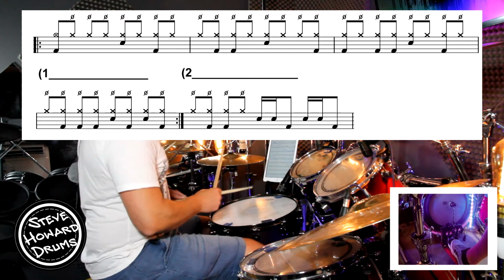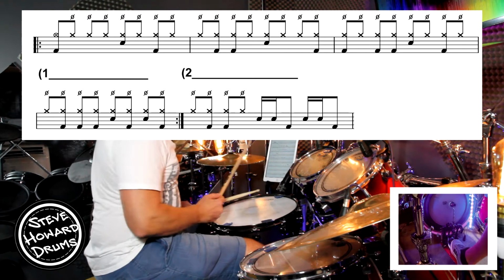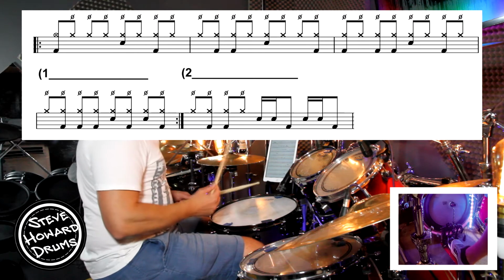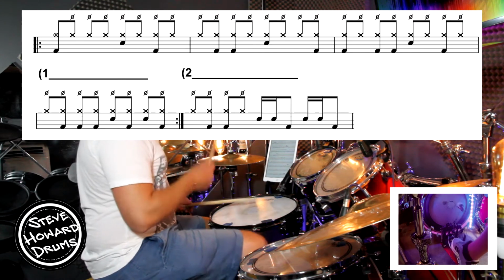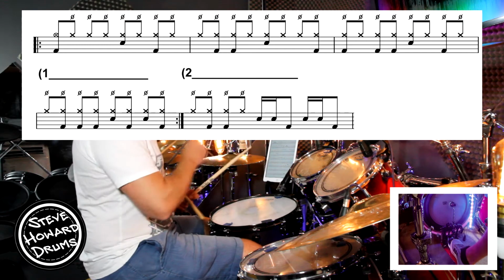The second bar goes 1 and 2 and 3 and 4 and. Third bar 1 and 2 and 3 and 4 and, the fourth bar 1 and 2 and 3 and 4, and then those two dots mean you repeat it back to the beginning and then we play it all again,